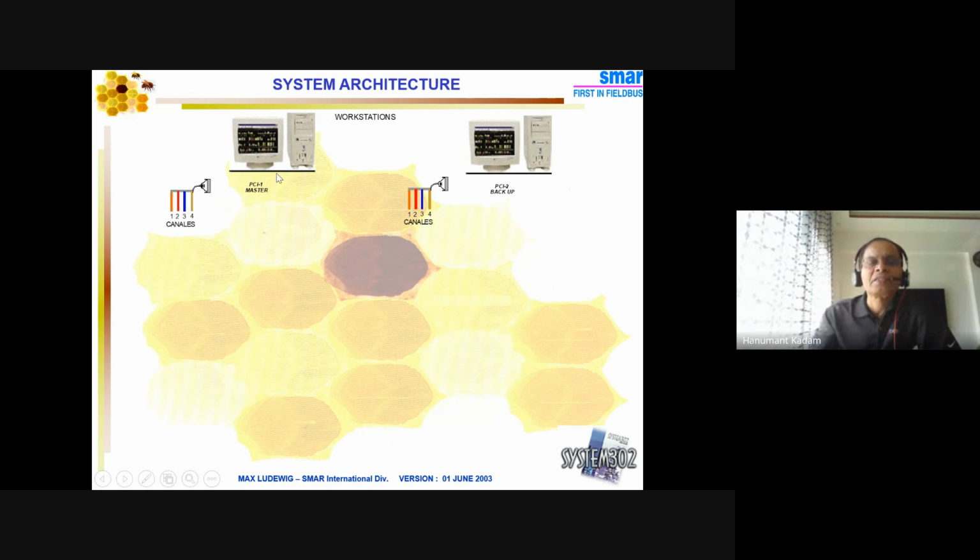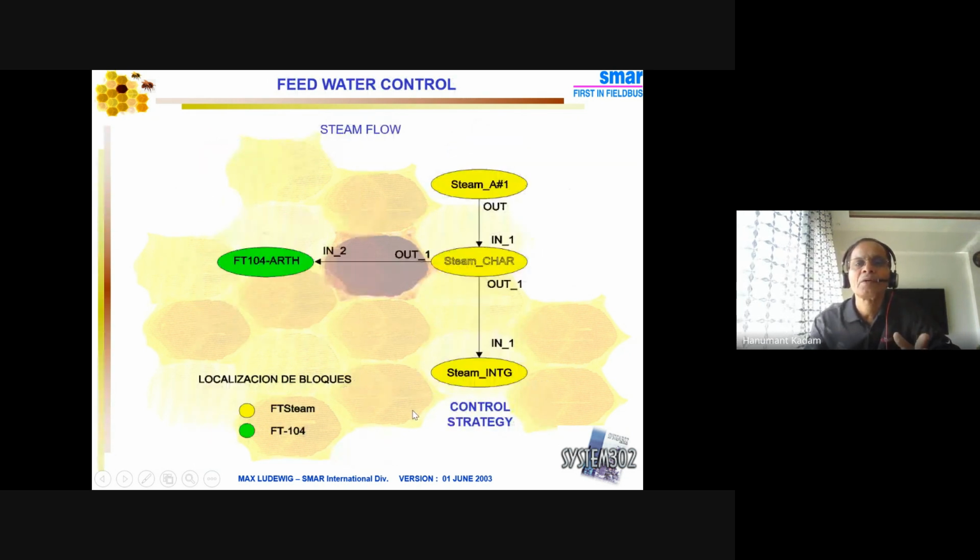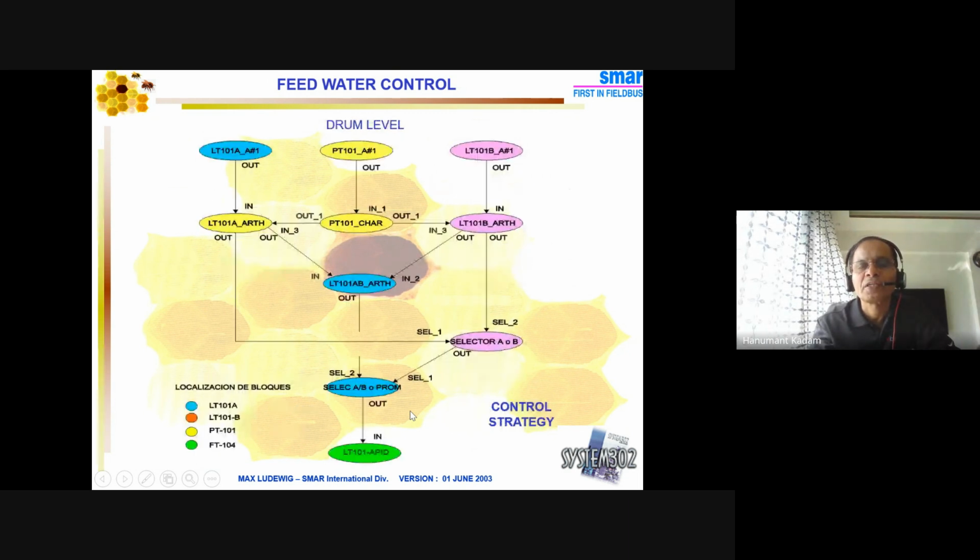You have a DCS hardware here, and these are the buses here. This way, combustion control side, all transmitters are on this bus, and this is processed to the DCS. Then you can have other areas, like you can see here, feed water flow control. So when you go for feed water here, drum level control is linked to that. So drum level,